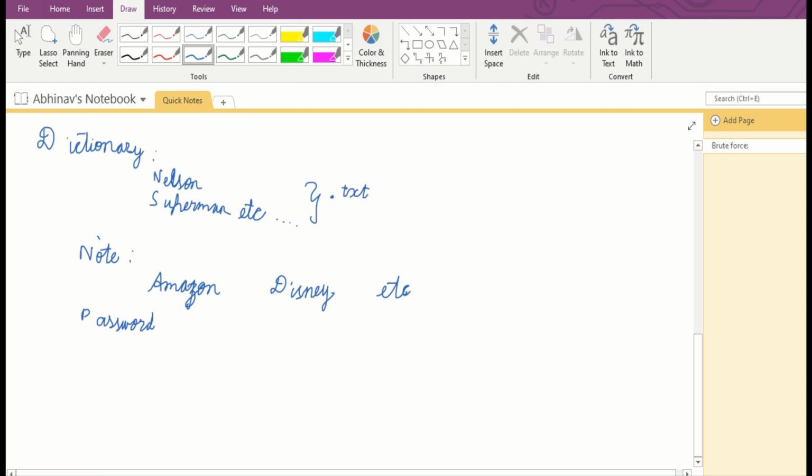Let's take an example of Amazon. This is my password. I'm not changing it in Disney or Amazon. Since this is my password, if Amazon keeps this straight, a hacker might find this and try to log in. So Amazon will hash this password completely. It'll be a hashed password, then another two hashes.